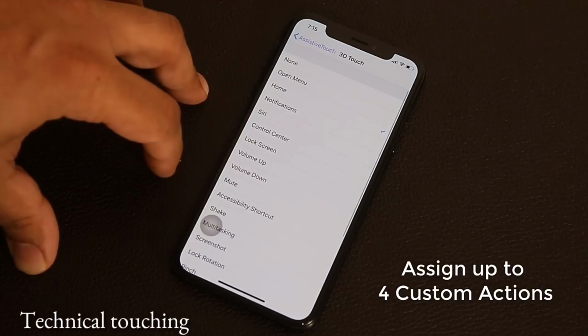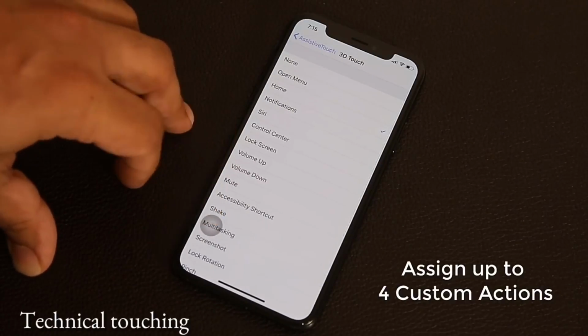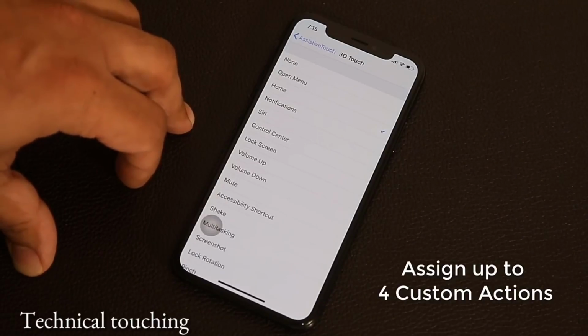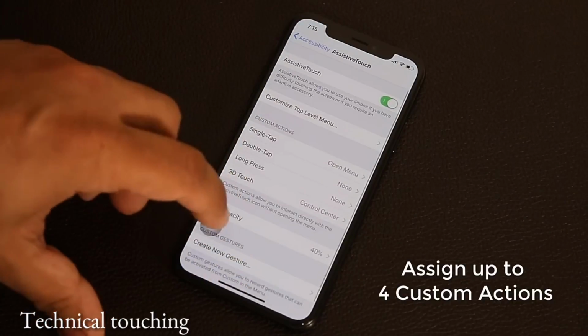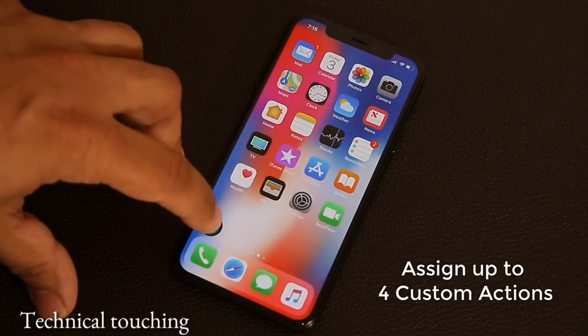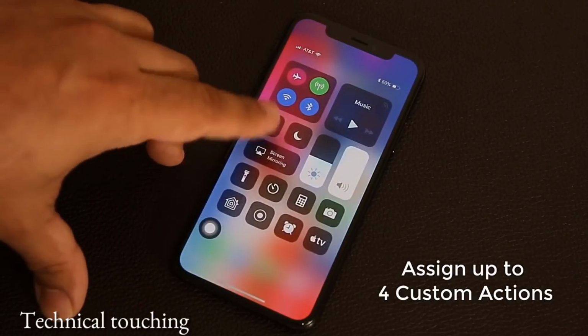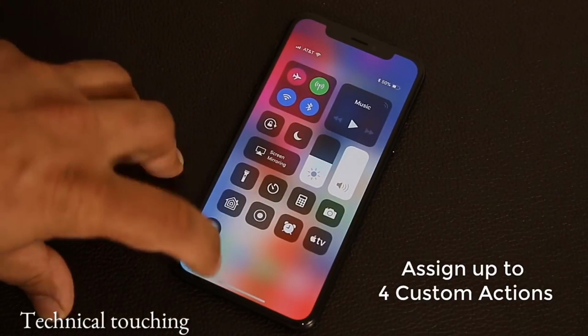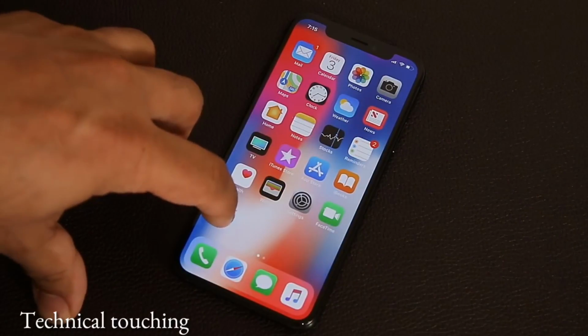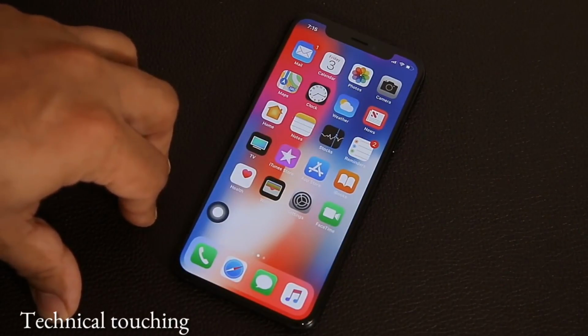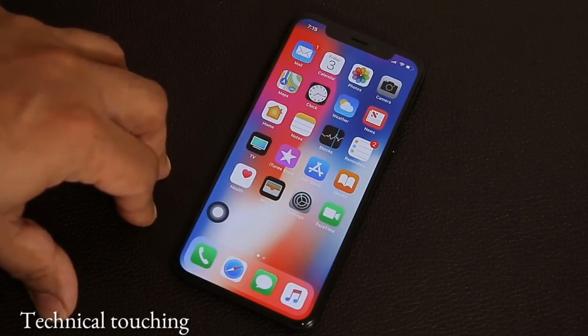Tap on that. Let's say if I 3D touch on this thing, I want either Siri to come up or maybe I want the Control Center to come down. So let's do that right now. Go back out, go home. That's a regular press. If I do a 3D touch, it brings down the Control Center. Okay, so it's like a little remote control sitting on your desk. It's a virtual home button with multi-functionality if you so desire. And that brings